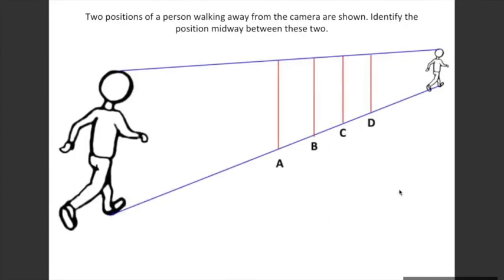So here there's this person who is walking. You are given these two positions. One is here and one is there. Here the person is closer to the camera, and he is walking away from the camera. As he's walking away from the camera, what we have to find is the middle position that this person would be standing in between, which is the middle position in this walk, whether it is option A, option B, option C, or option D.